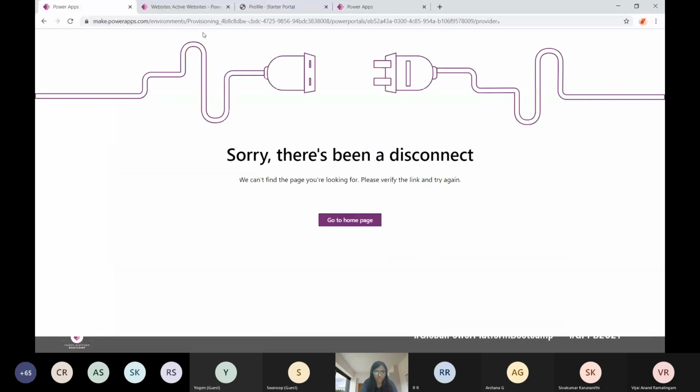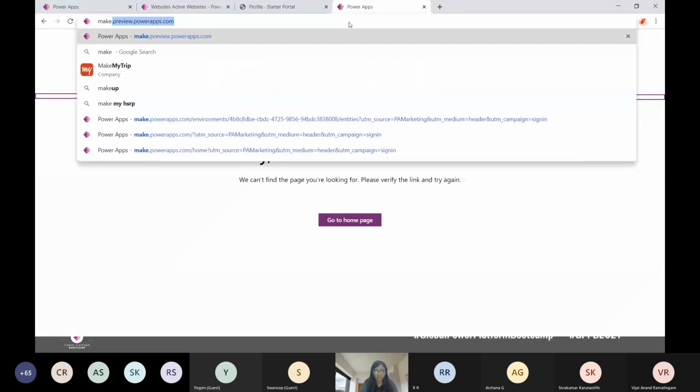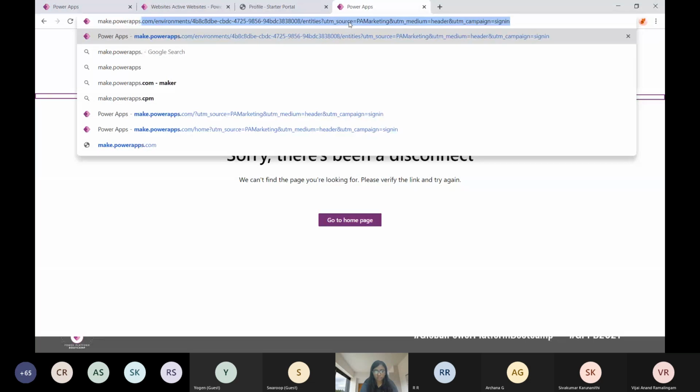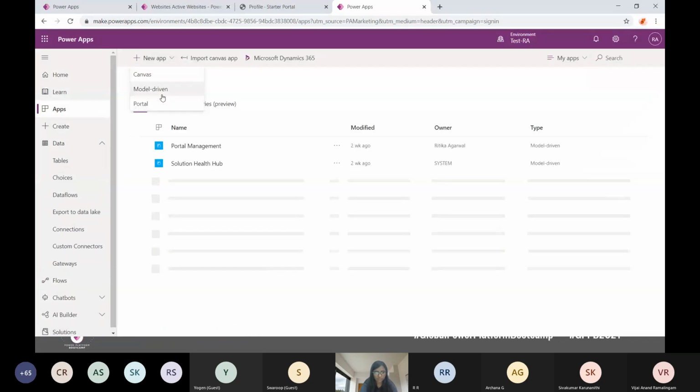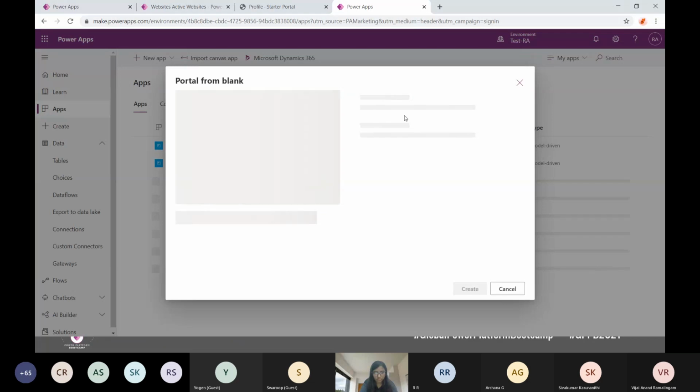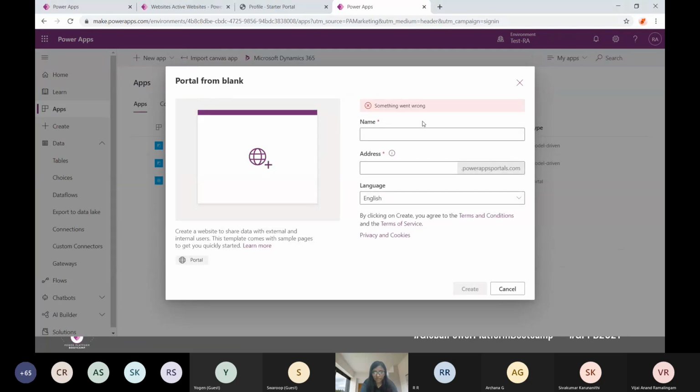So let's say I go back to make.powerapps.com, and if I go to apps, let me show how it looks when you try to create that portal. Right now I only have one portal available in my environment, so it will not allow me to create a second one. But let me show you what it asks.